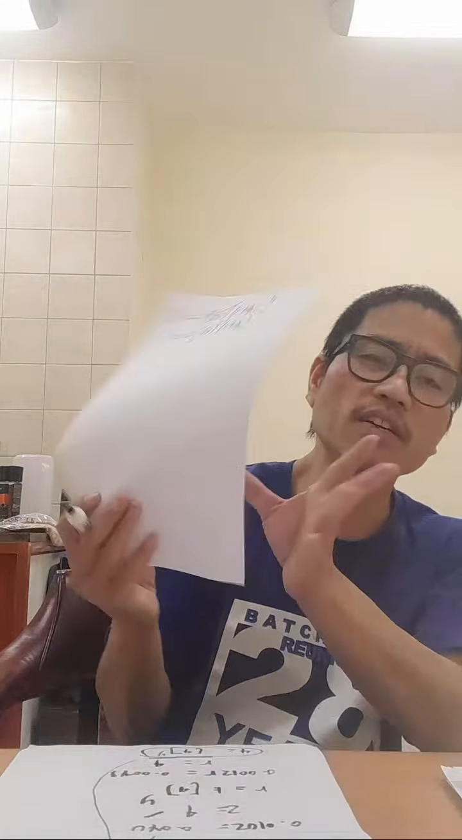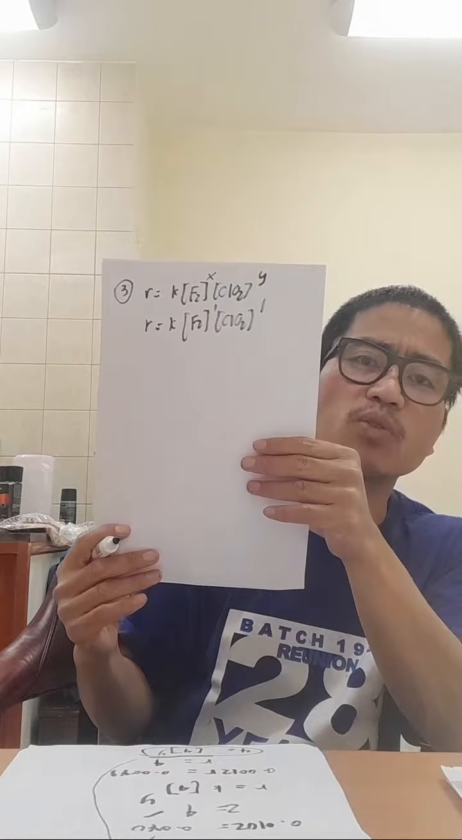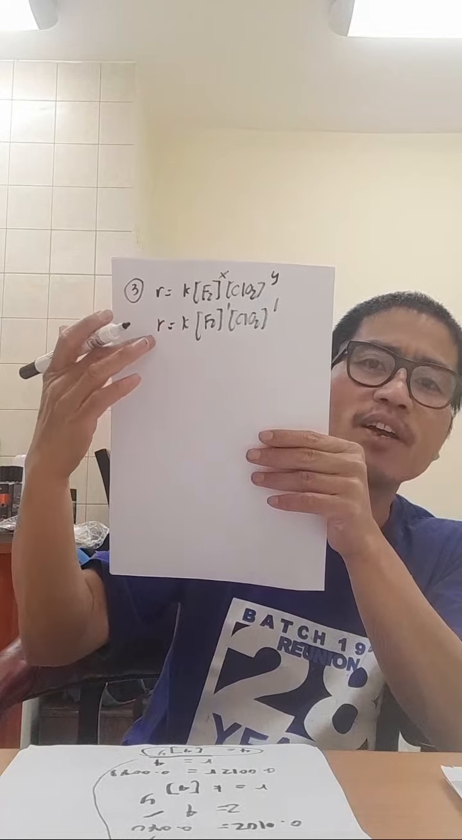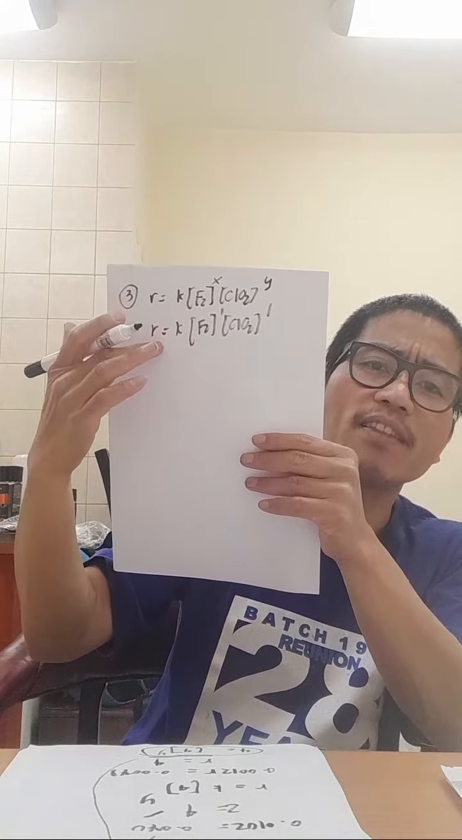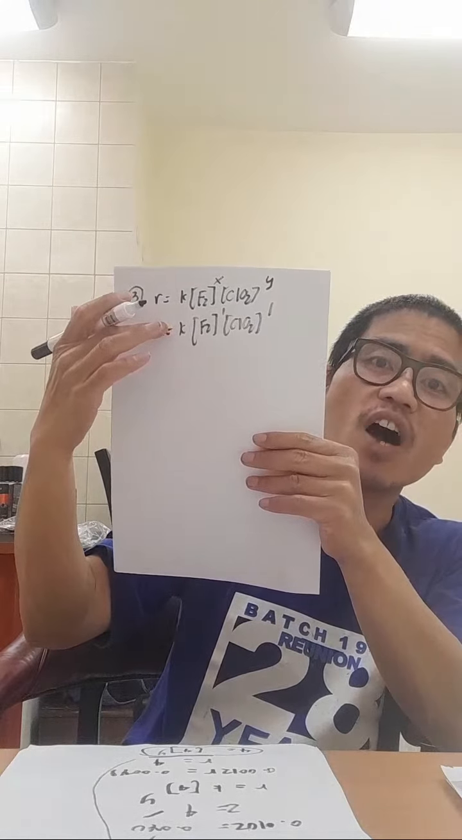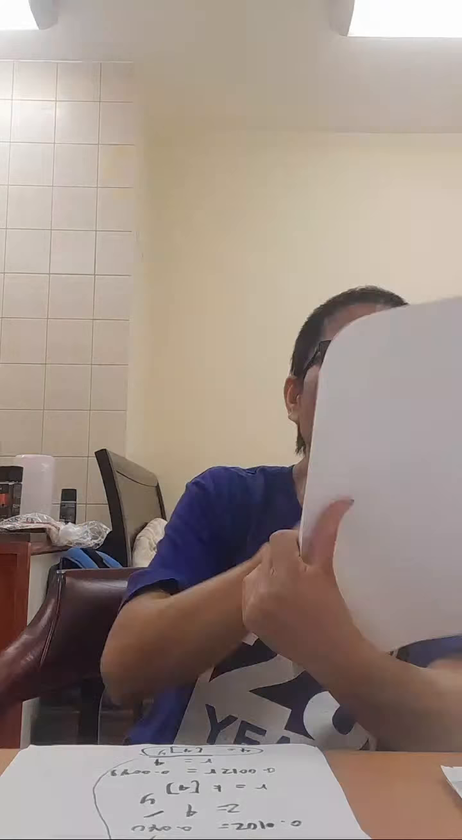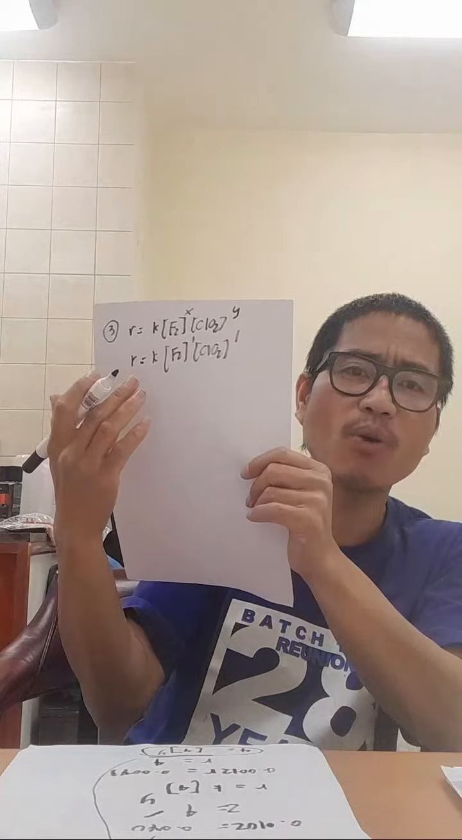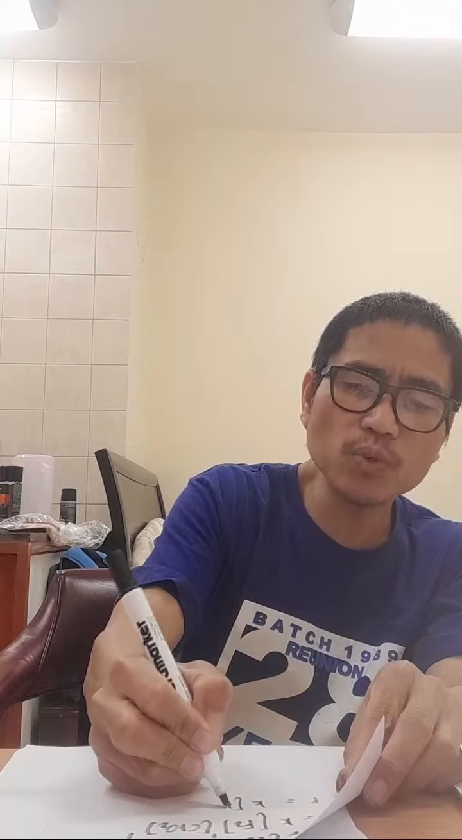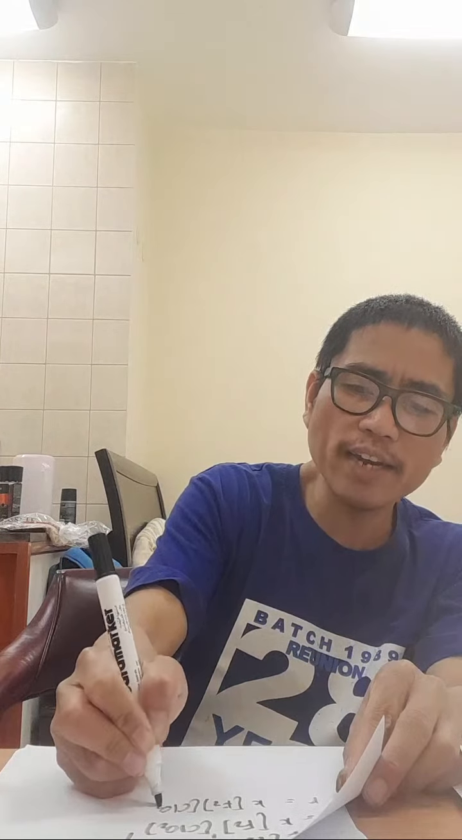So R is equal to K, F2 raised to the power 1, and chloride raised to the power 1 also. In that case, the reaction order is equal to 2. And this is our rate law. Rate law, R, or the rate of chemical reaction, is equal to the rate constant, times the concentration of F2 raised to the power 1, and the concentration of chloride raised to the power 1. Or you can simply write that as R is equal to K, F2 times chloride,